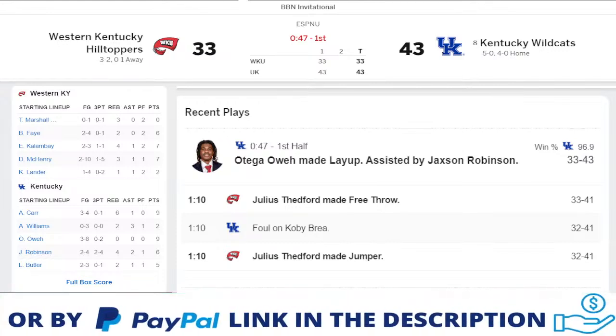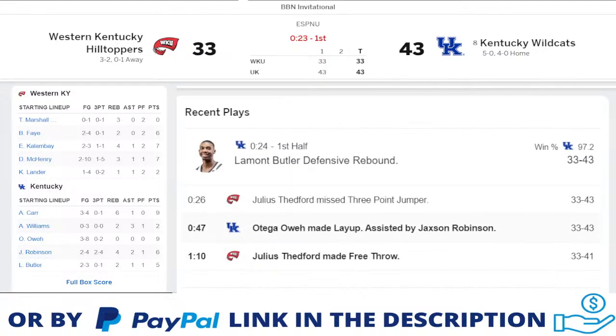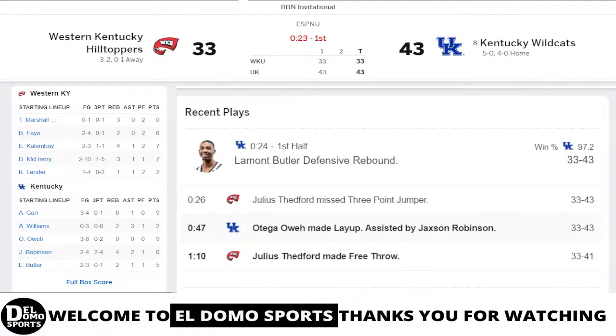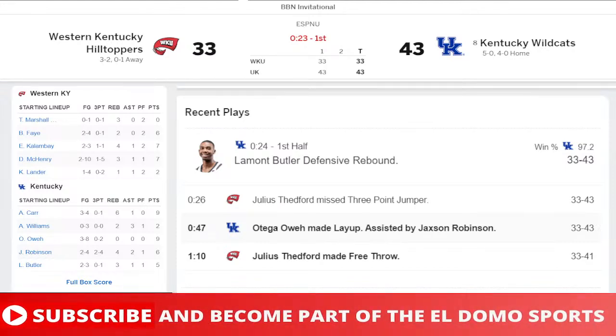Bedford, deep now to Jackson, 20 on the shot clock, 35 on the game clock. Kentucky leading 43-33. Bedford deep on the wing, Brea in his shirt. Bedford to the top of the key, steps back, throws up a prayer. That's no good. Bedford falling backwards, trying to draw a foul. There's no one close to him. And now he has the ball and a chance to milk the clock with 18 seconds to go. The shot clock is off. It almost went over and back. Pass now comes to